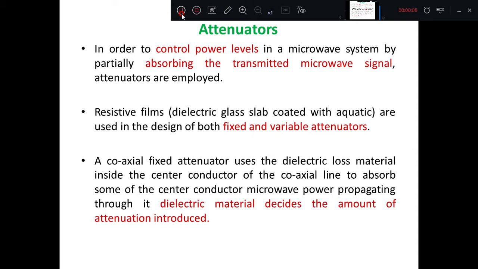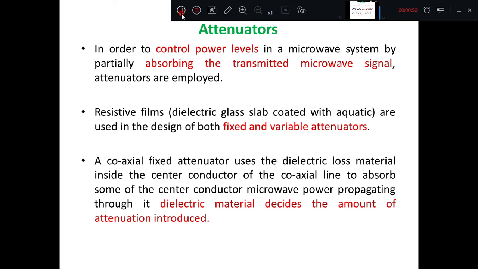In the previous video lecture, we were discussing the different types of microwave passive devices. We started with the coaxial cable, and then we discussed the three types of coaxial cables. In today's video lecture, we'll discuss the next microwave passive devices, which are attenuators, microwave phase shifters, and then the waveguide and magic T waveguide.